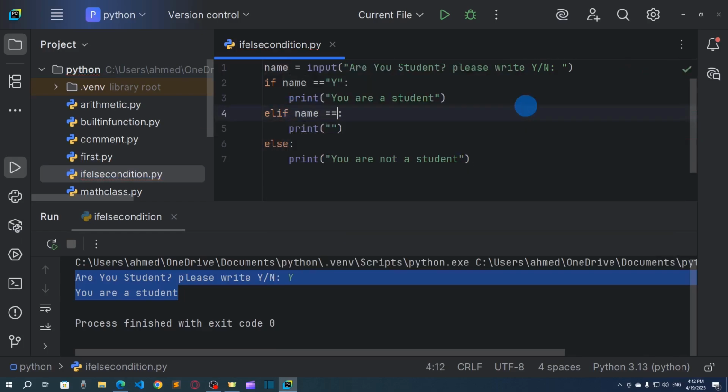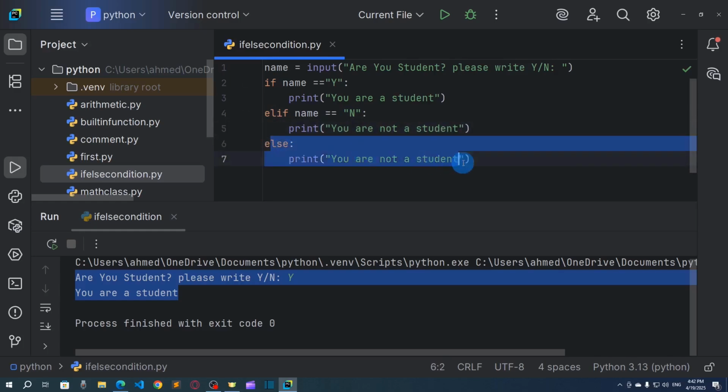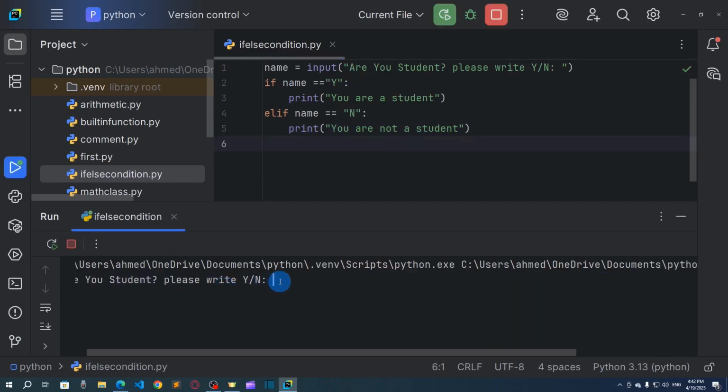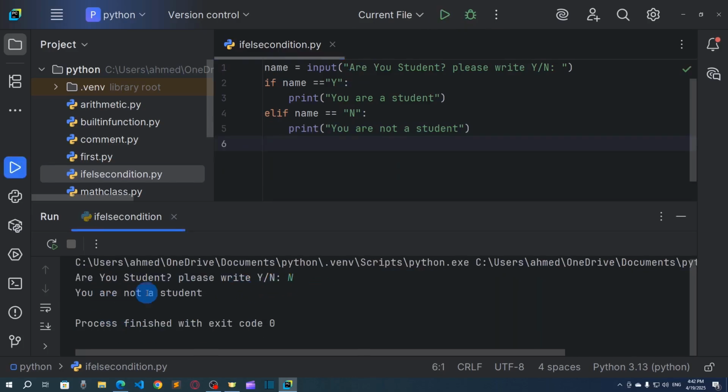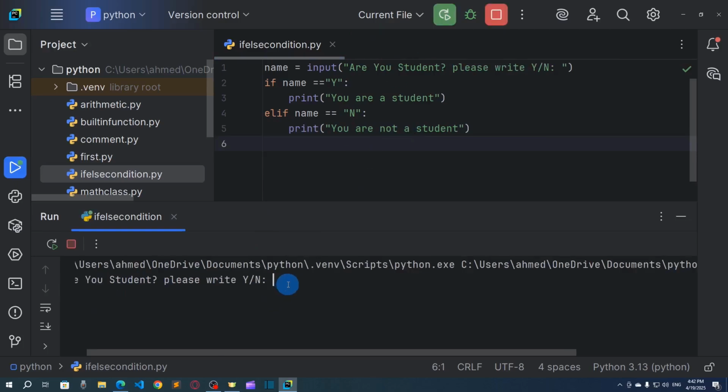So the name is equal to n, then you will say you are not a student. And I want to actually remove the else statement from here. Now let's run it, and now I will say n, and here you can see you are not a student. But what about, let me run it once again,